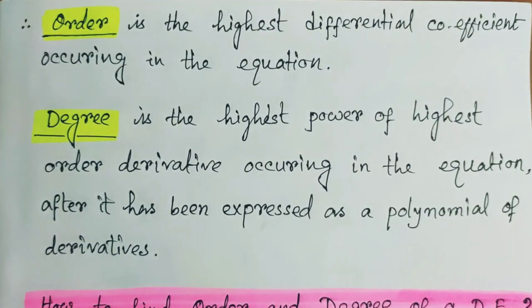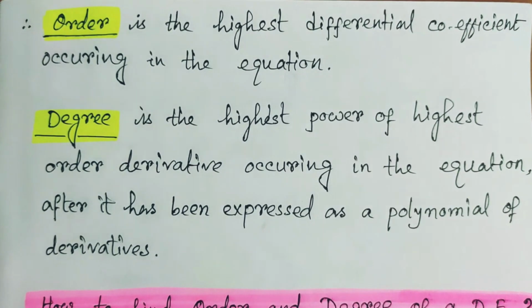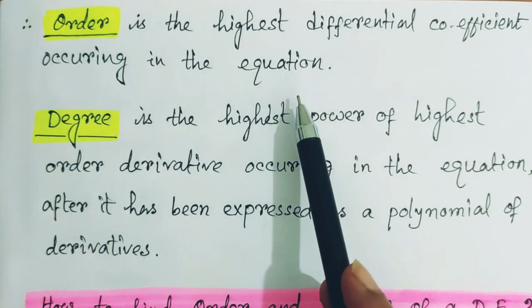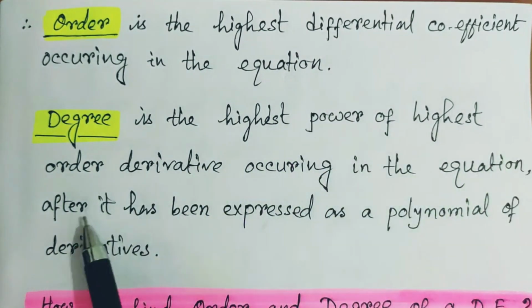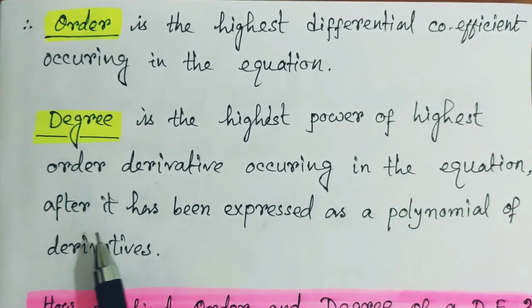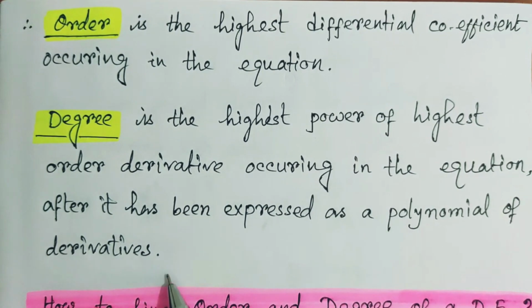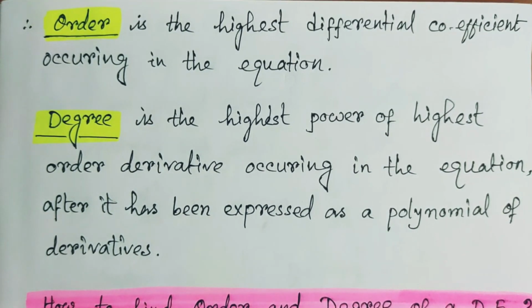So here is the definition for the order and the degree of a differential equation. First it is the order. Order is the highest differential coefficient occurring in the equation and degree is the highest power of highest order derivative occurring in the equation after it has been expressed as a polynomial of derivatives. So to understand the definition properly,